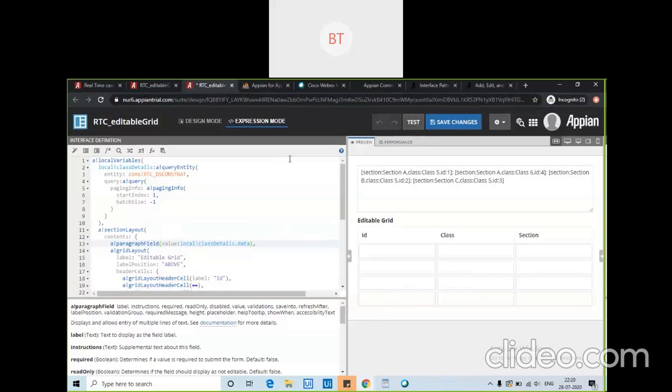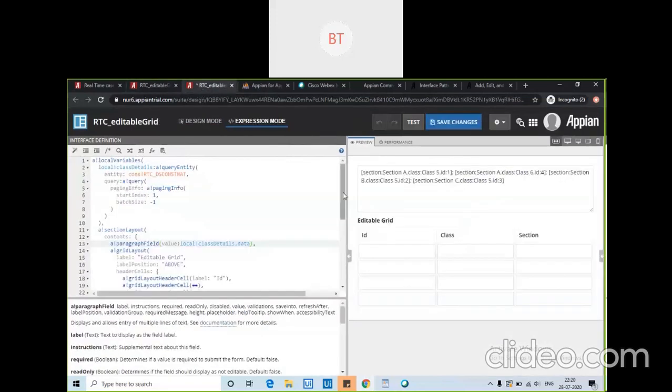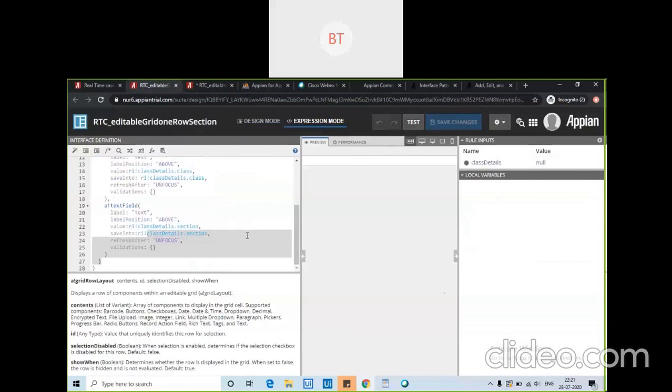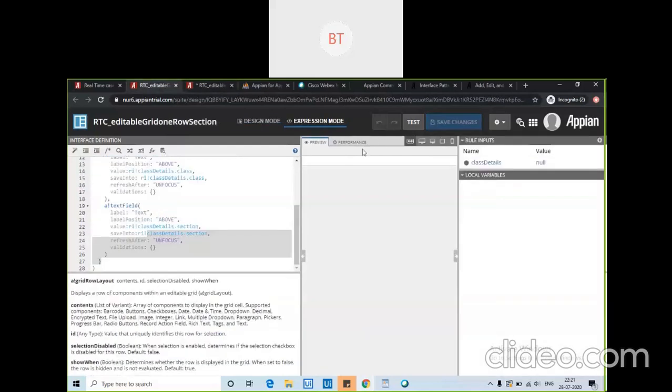So what we have done here is, we have given this dot section. Okay, one second. Let us copy this and paste it here. Let's see how it's written.